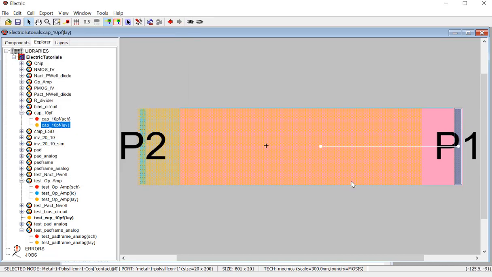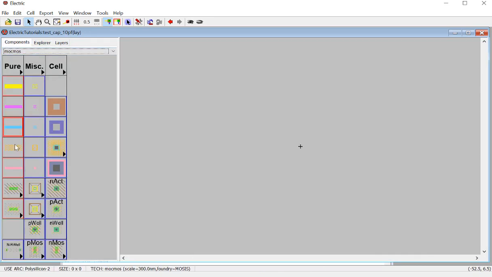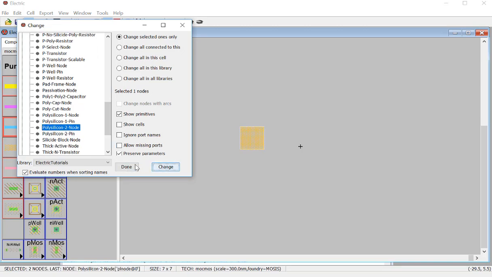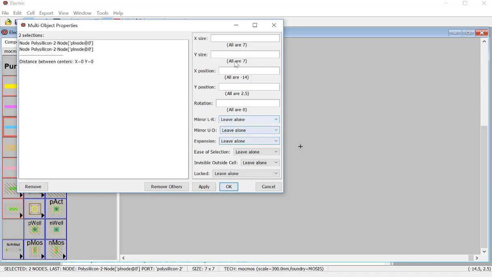And you want to keep this area to be 130,000. So if it's 240 in width, it should be 541 in length. So let's make that work in our test model here. Let's come back here. So that's poly 2, that's poly 1, all right? So if I pick up this one, I want to press C to change it to a poly 2 node, but not a poly 2 pin. So change it and double click and change the size to be,